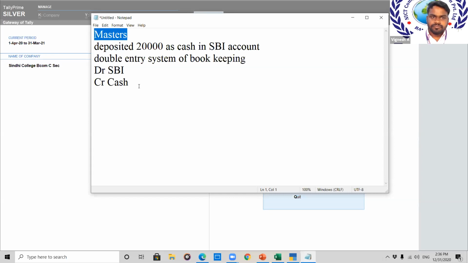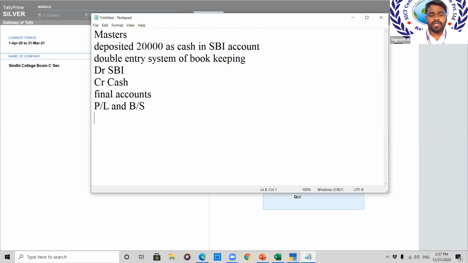Other way, when it comes to reports, we have something called final accounts. The two reports we mainly check are the profit and loss account and the balance sheet. These are the two main reports we prepare in your accounts. To prepare these accounts only, we make all these entries. So what will affect what?